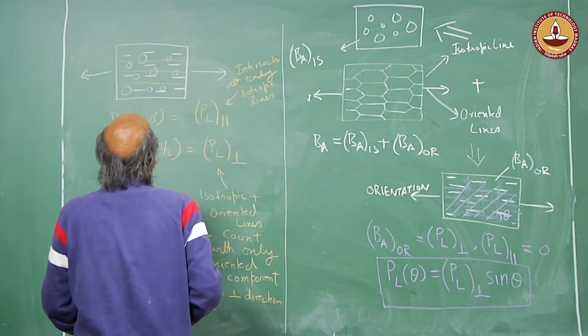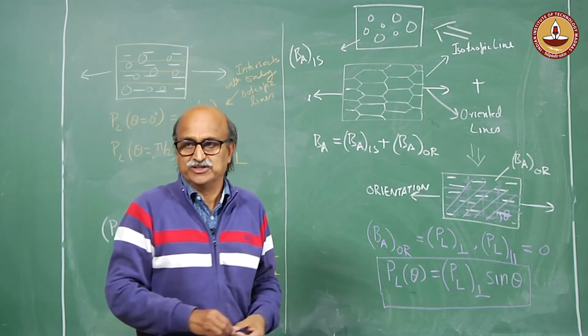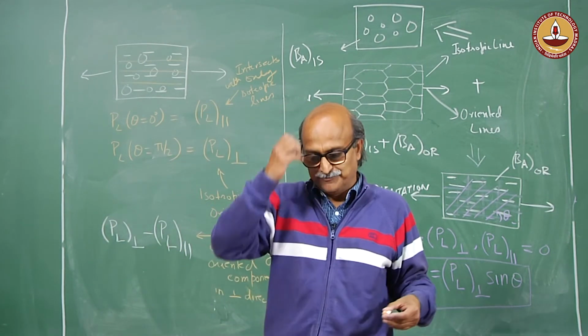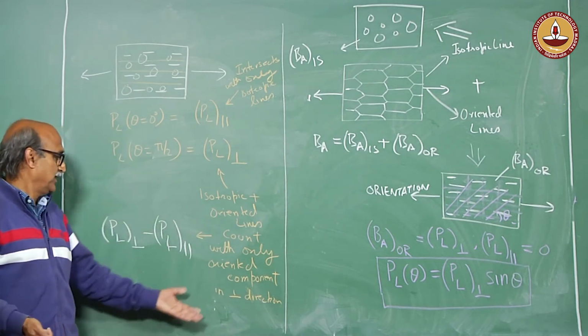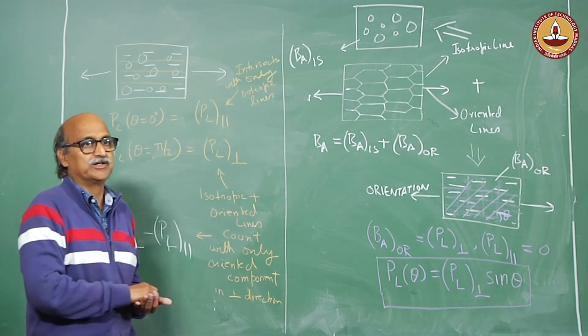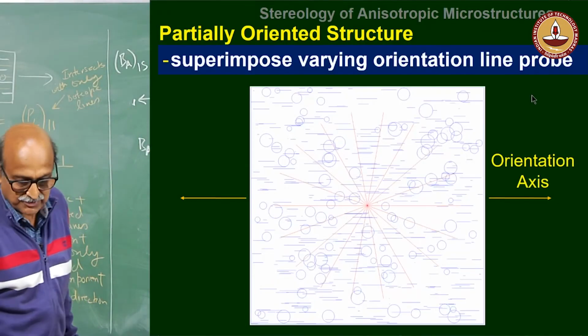Because the isotropic component does not change as the orientation of the line probe is changed, that remains the same. So, all I have done is remove the isotropic component and extract the oriented component out of the structure. So, if I had a structure like this,